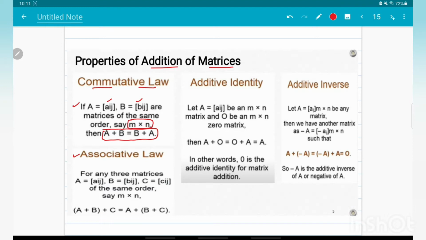Now what is the associative law? See, in associative law you just have to know this, that when you add matrices A plus B and then the final result you add to the matrix C, that will be equal to the RHS, that is when you add matrix B and C, and whatever the result is you add to the matrix A. So the addition of matrices obeys the associative law also, and that is how they have written here in the statement also, that suppose there are three matrices A, B and C, and these are the elements Aij, Bij and Cij, and they have got the same order. So this same order is also important. Their order is M cross N, that is the same order.